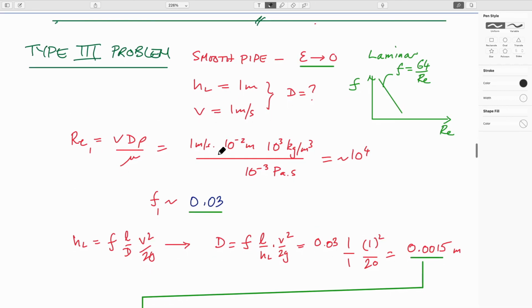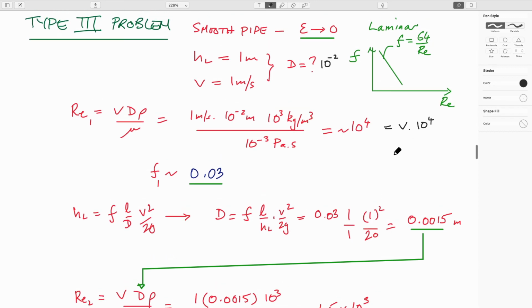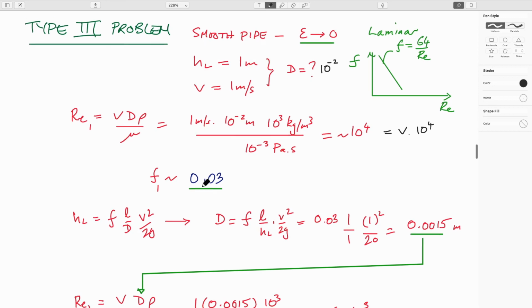So if you have a smooth pipe, the head loss is defined, the velocity is defined. The question is, what diameter pipe do you want to use? Well, certainly in this, you can write the Reynolds number in terms of those. And this was before, the Reynolds number was equal to velocity times 10 to the 4. Turns out that our velocity is equal to 1. If we assume the initial diameter, you have to assume an initial diameter for your pipe. There's no way around that. So if you assume as a first guess that it's 10 to the minus 2, we'd be able to get a Reynolds number. If we assume a friction factor of 0.03,